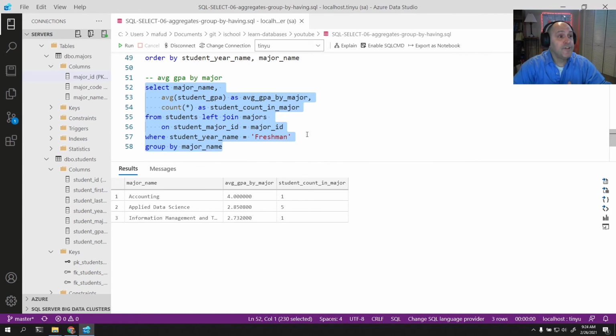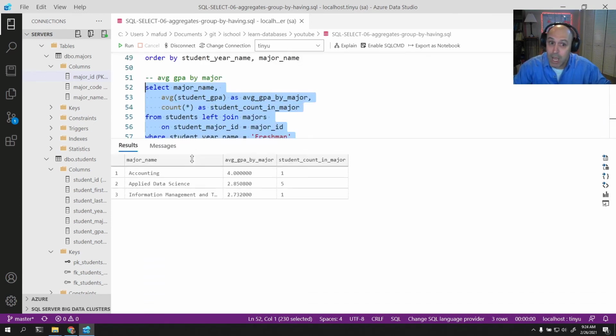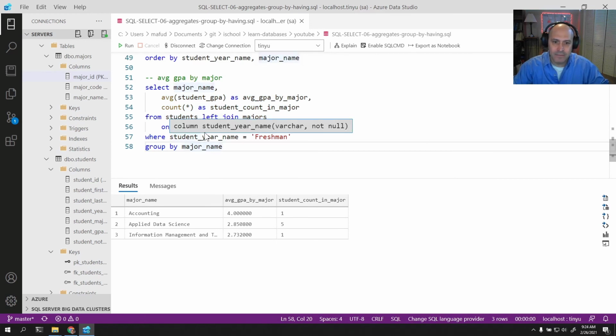I argue if you're going to do that, it's a good idea to include freshmen as a column in here so that people know what you're looking at. When you look at this, you don't know, is it freshman? Nothing in here indicates it's just freshman. So you should include that